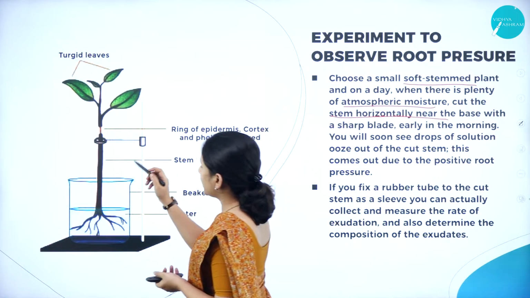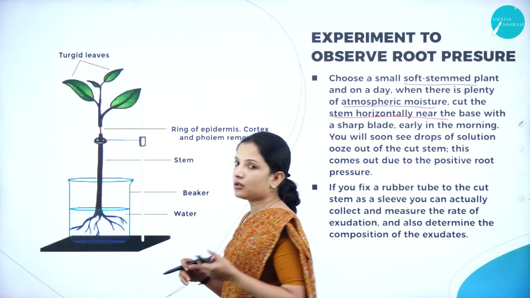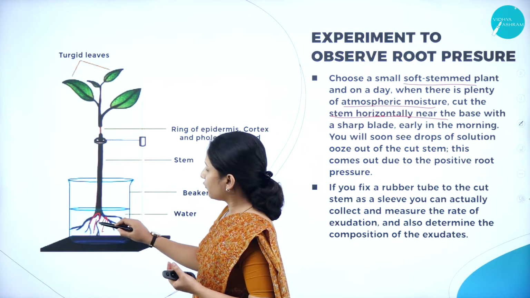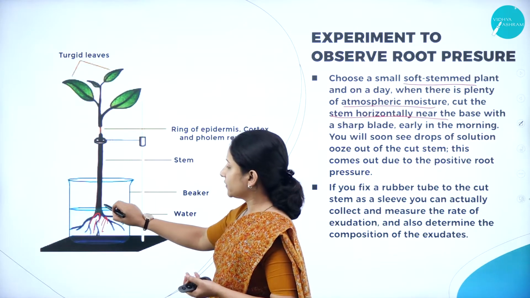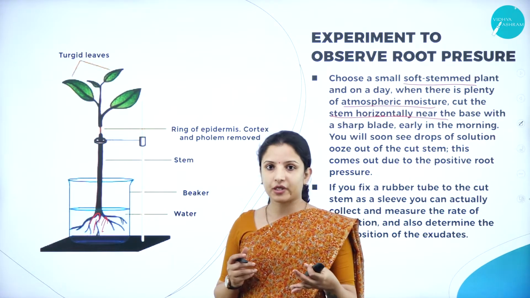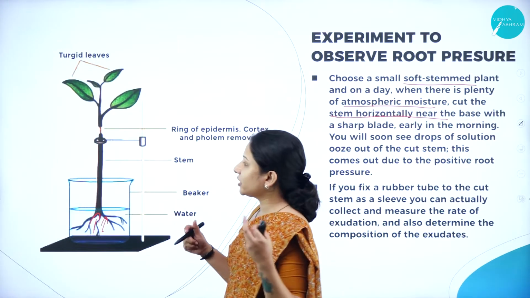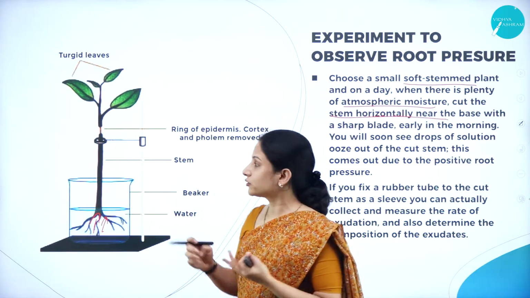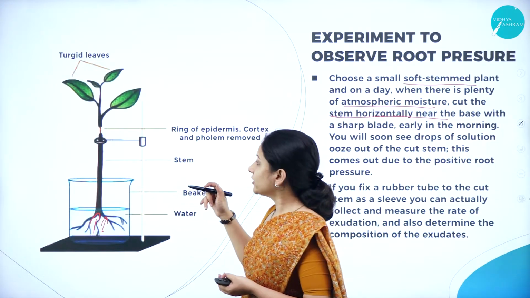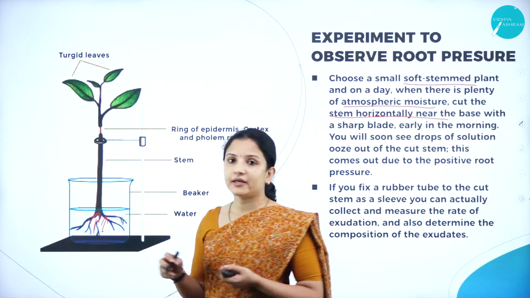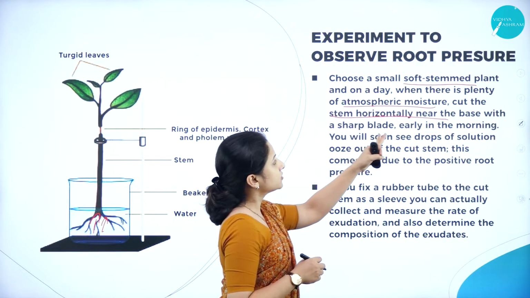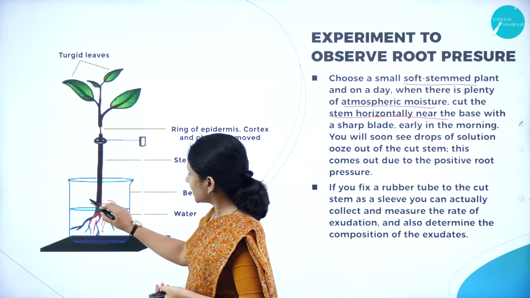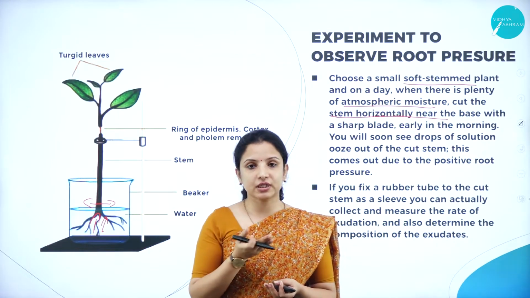And what he did was, he actually put the plant in a beaker of water so that here the roots will absorb the water and the water molecules will enter in through the xylem by the root pressure. And after that, now he wanted to know through the root itself, does the water travel or not, to what distance the water can travel, all that he wanted to know. So what he did was, he made a small cut. So where did he make a cut? Near the base of the stem, he made a small cut using a sharp blade.